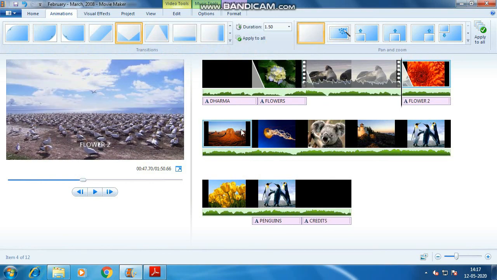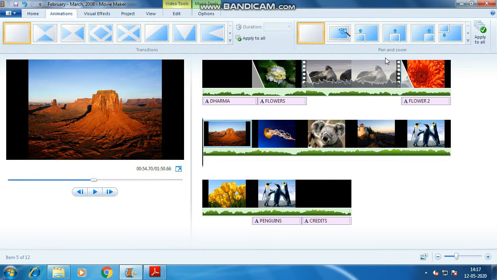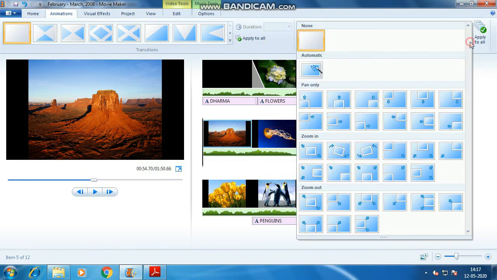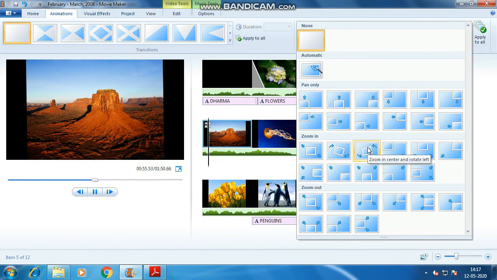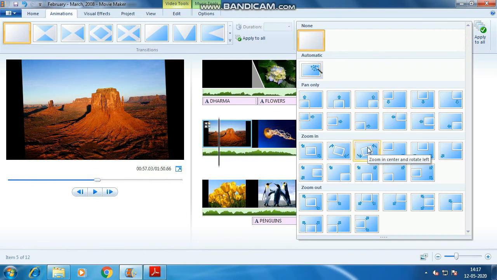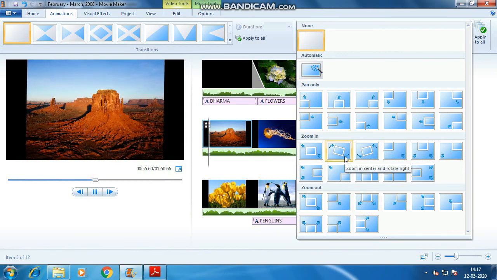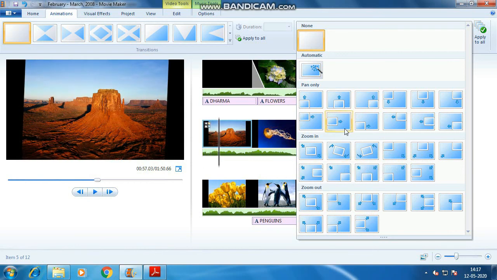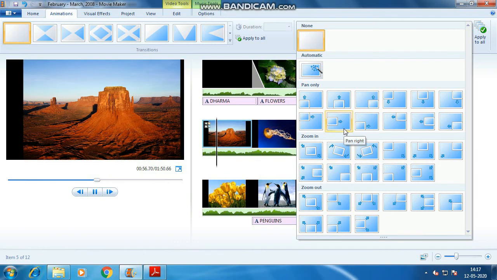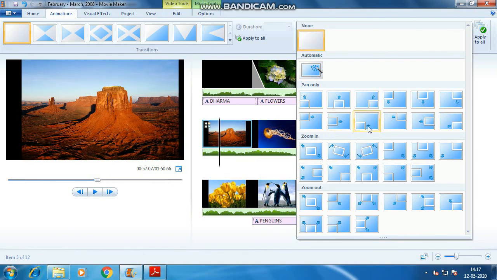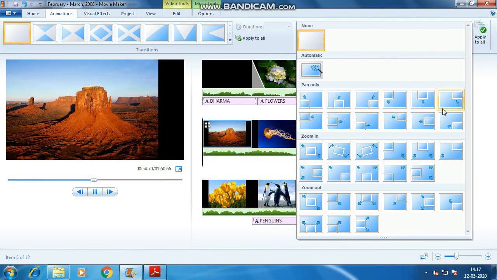And here you have the pan and zoom option too, for how you want the image to be played during that time duration. Either you want to rotate it, or you want to slide it from left to right, right to left, right corner to left corner and all. You have a number of options called panning, right?